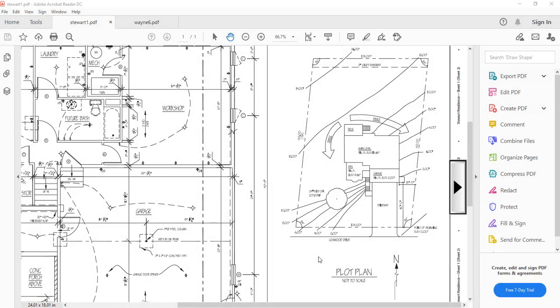In the Canvas shell, you'll see the complete set of drawings for the Stewart and Wayne projects. These are residential projects that we'll be taking a look at. Right now, we're focusing on the site plan. If you look at this drawing that's posted, you'll see the contour lines that I looked at in the video with you, the easement, the swales, the